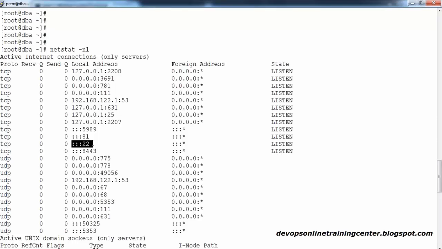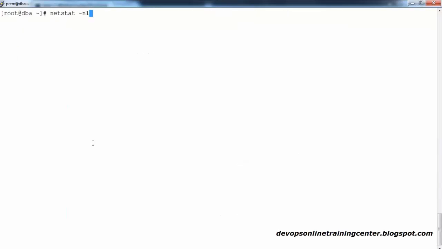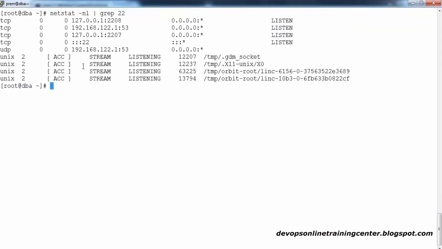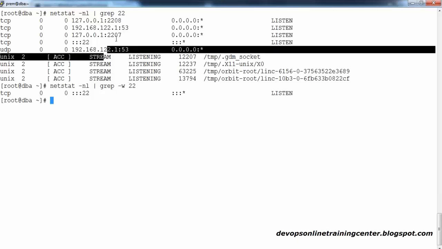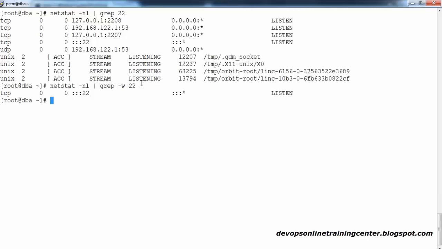Whichever the operating system, Windows or Linux, netstat is the command to know the open ports. Now, instead of looking at such a big output, I can check whether 22 is open or not. You can see many lines with 22, but look for 22 as a unique word, because 122 is not the one, and 2207 is not the one. If you want to get only the specific word, you can use -w. I don't think I mentioned this. -w is an option in grep where it will fetch exactly 22, not combined like 122 or 2207. Make use of this and you can see that port 22 is open.